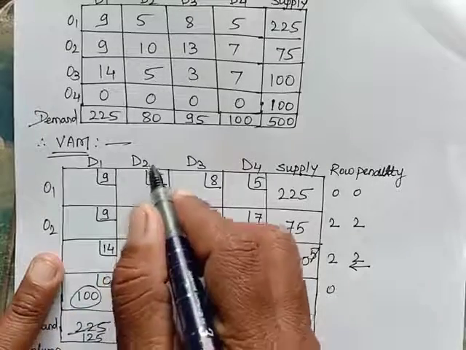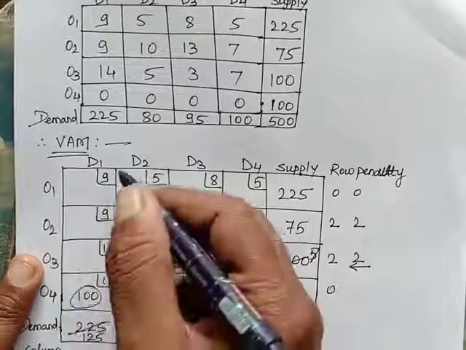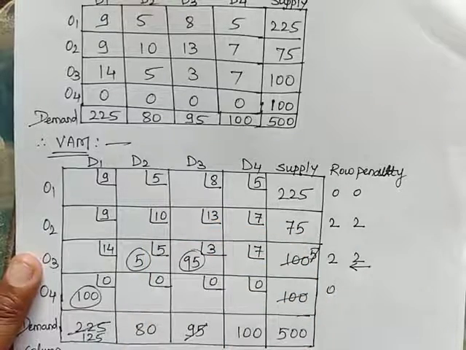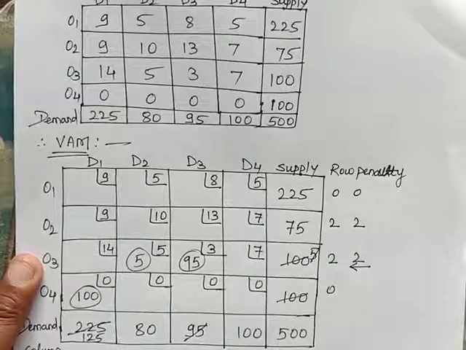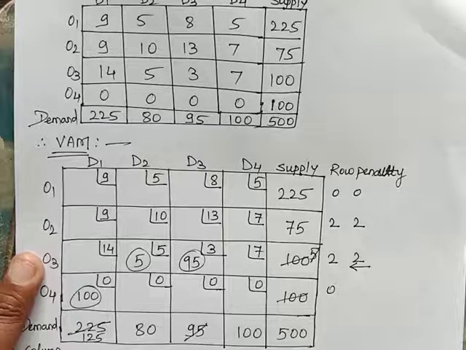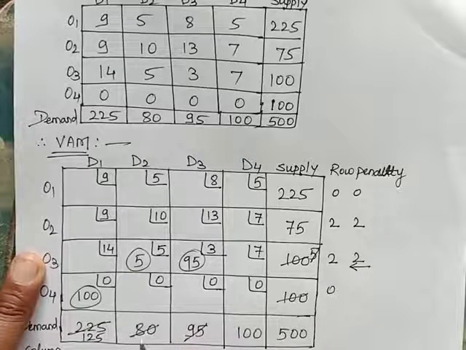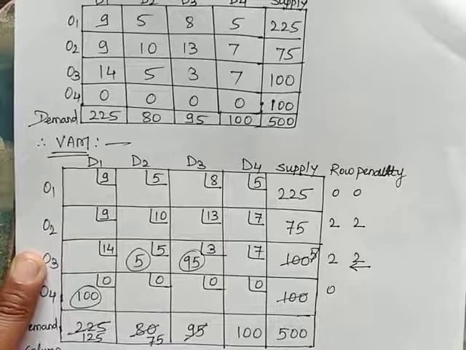Fine. Now due to that, what happened? The row is satisfied. So again the column penalty will change. So the column penalty is now what? Here 0 again. Here how much? Here 5. Here again 5. And here it will be 2. So now the remaining penalties are 0, 5, 5, then 2. Here 75 are left, sorry, we should write that, 75 are left. So now 2 and 0, these penalties are left.